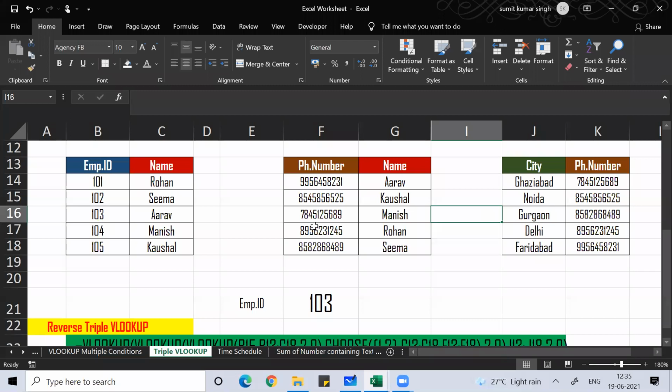From the employee ID, tell me the city. Do it, everyone. Employee ID is 103. Tell me the city.